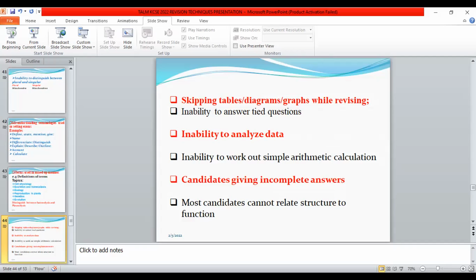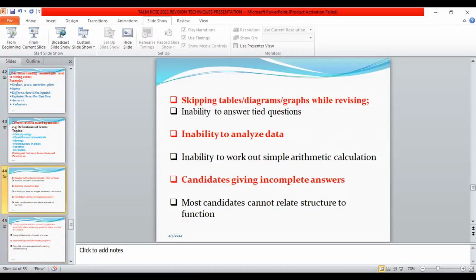Another reason is that our students are not able to answer timed questions. This is something we have emphasized to them, that if you have maybe a question with part A and B, and the response that you give in part B depends on what you gave in part A. In biology paper 1, we normally encourage our students to leave a blank for part A if they are not sure of it, and then they answer part B. But despite all what we have been telling our students, because I know we have quite a number of other examiners in this forum, in biology paper 1, you have seen that students end up answering tidy questions, part A of tidy questions, even when they are not intending to do that. Why?